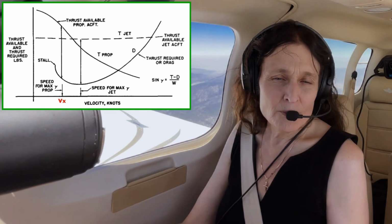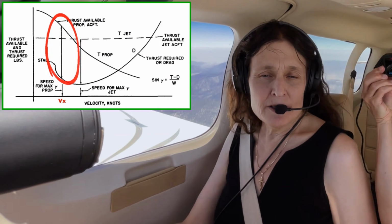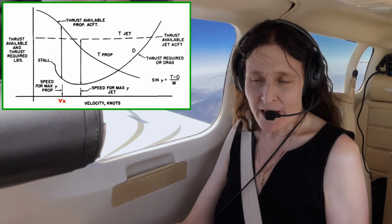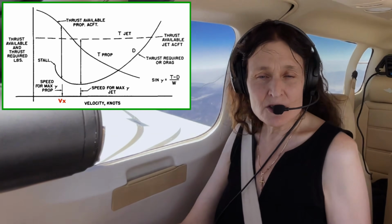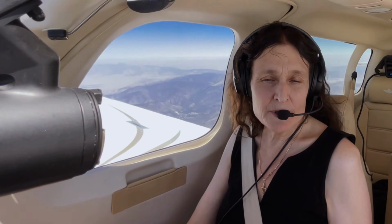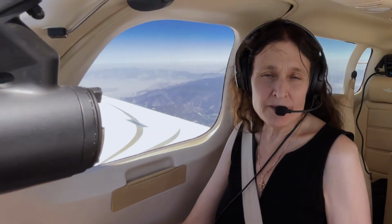So, as soon as it's flying just above stall speed, oftentimes that's the greatest area of excess thrust that you have, which, as you know, is VX is excess thrust, VY is excess power. So excess thrust is going to get you your VX and best angle of climb. And sometimes to clear obstacles, you may have to go a little less than the book reported in real life